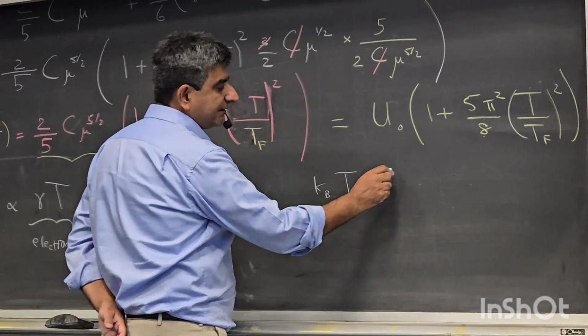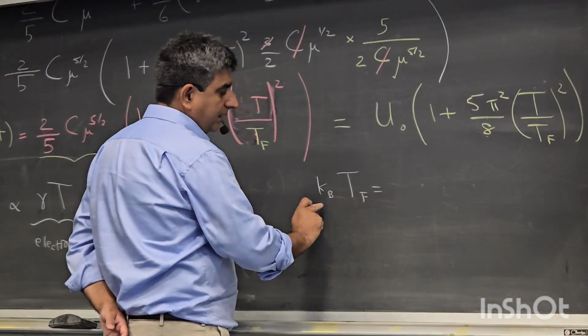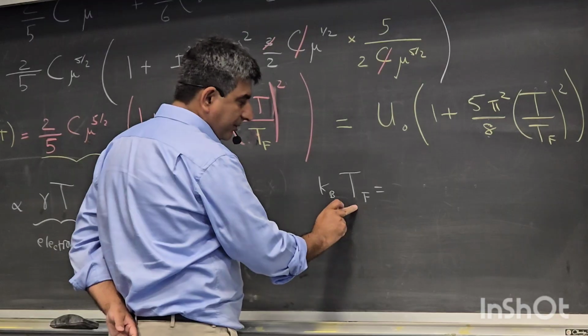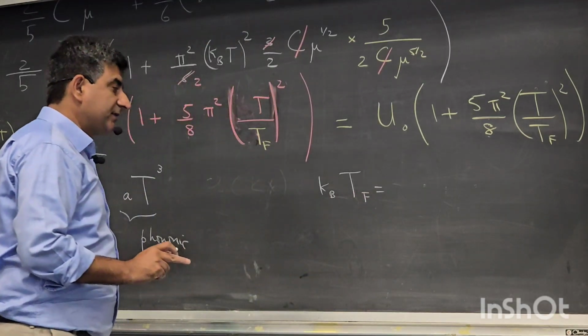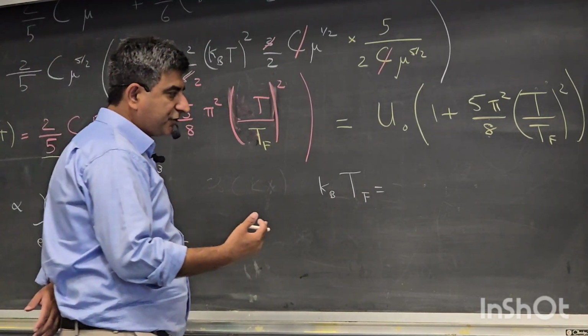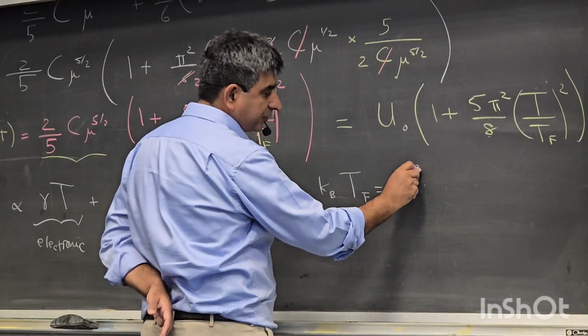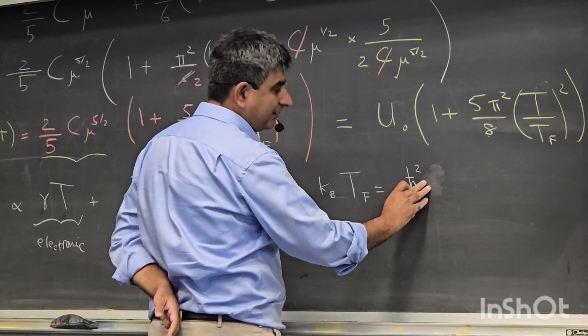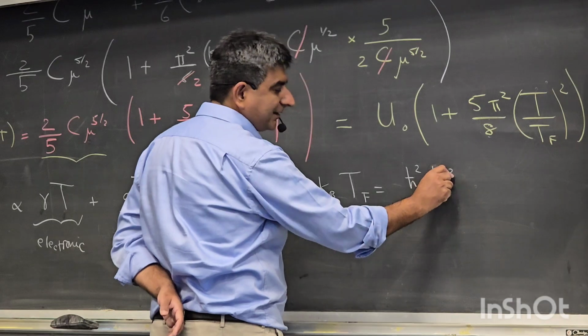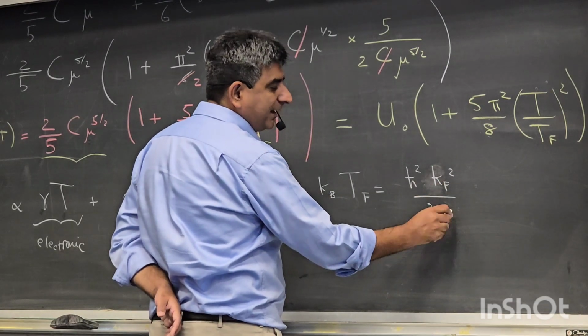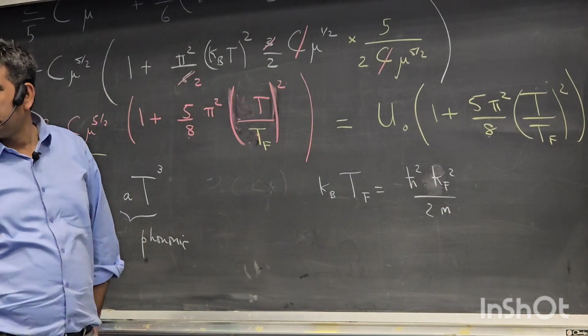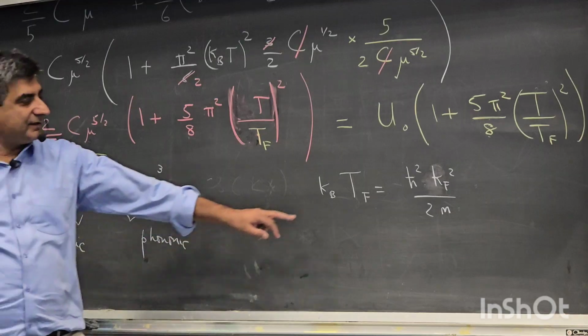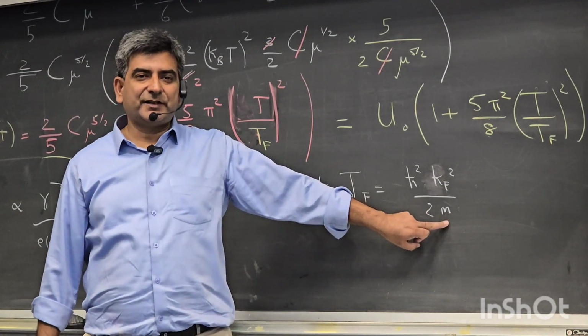This is equal to k_B T_F, this is the temperature, and this must equal the energy of the free electron, which is ħ² k_F² over 2m. Now here m is the mass of the free electron. So this T_F does depend upon the mass of the electron,